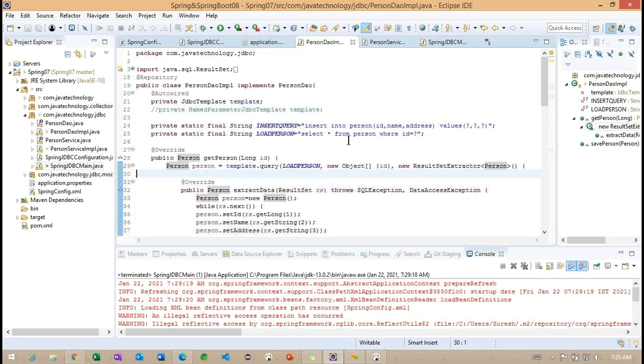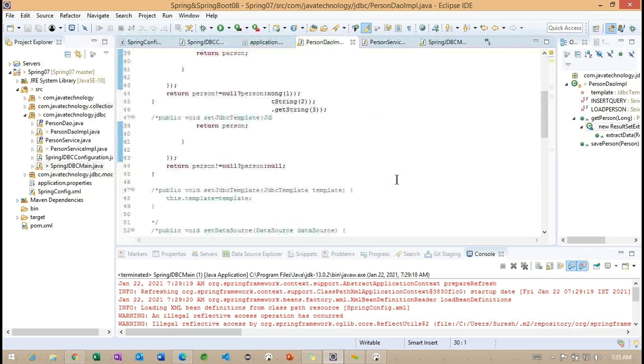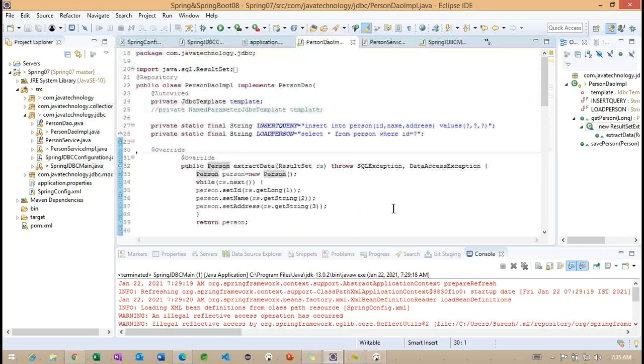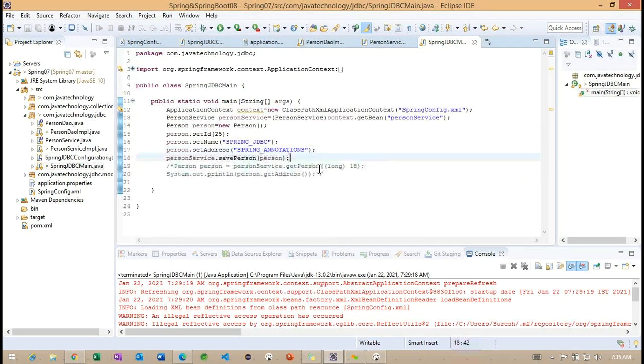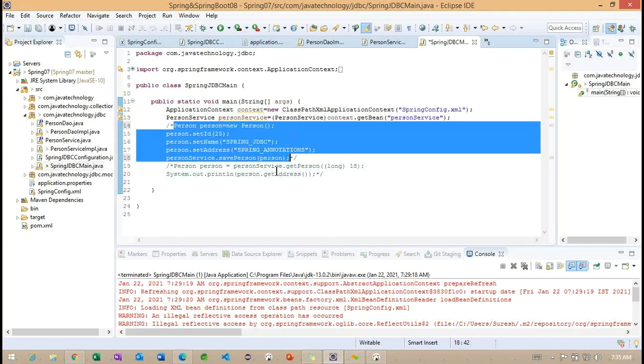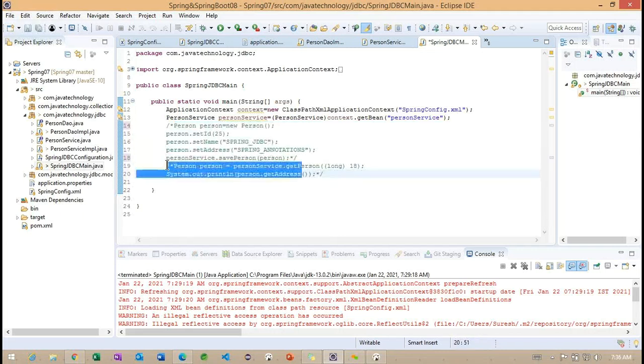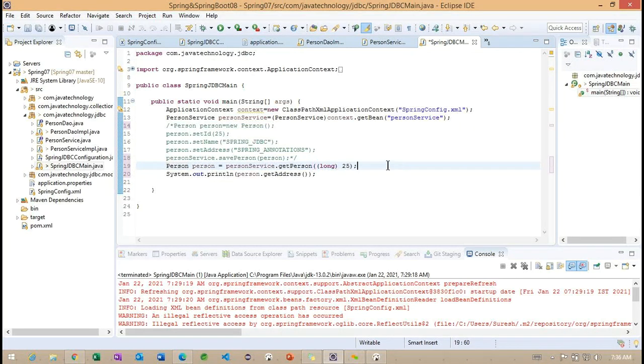Okay. Now we have implemented this. Go back to the JDBC. We will make some comments here. Something like this, we will check with the same thing, called 25.